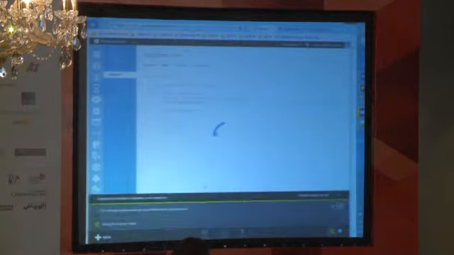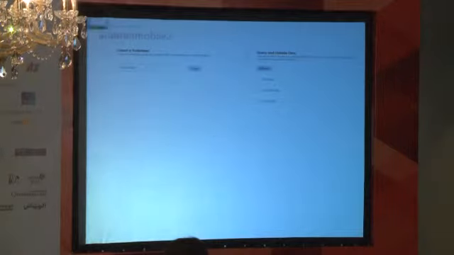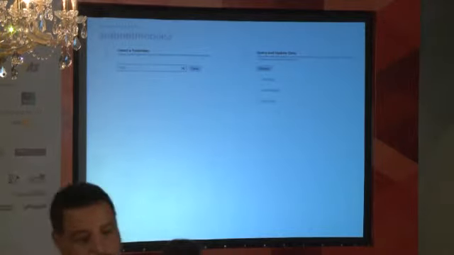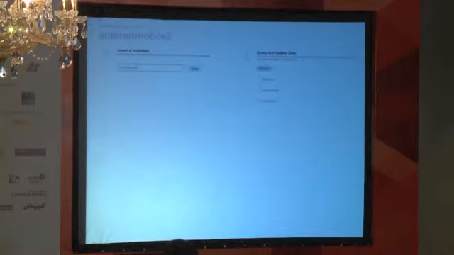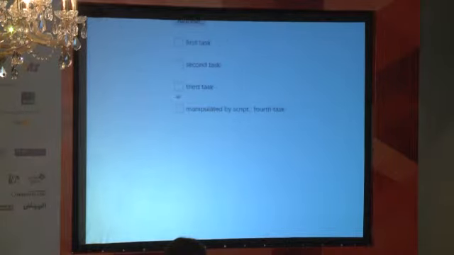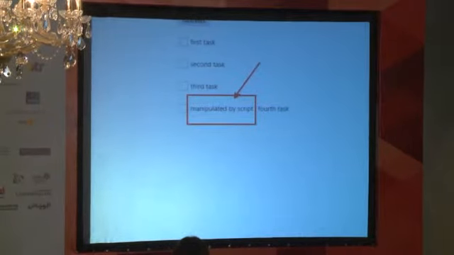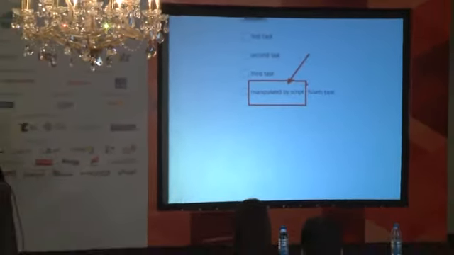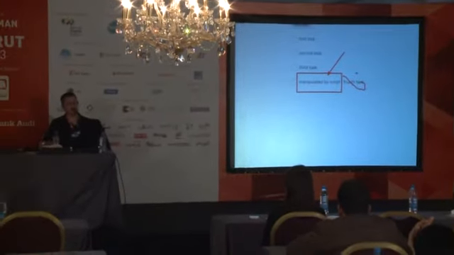I'm saving this one. The application is still running, and I will enter a fourth task to my application. Because I only changed the mobile services backend, now the item has been manipulated by the insert script,